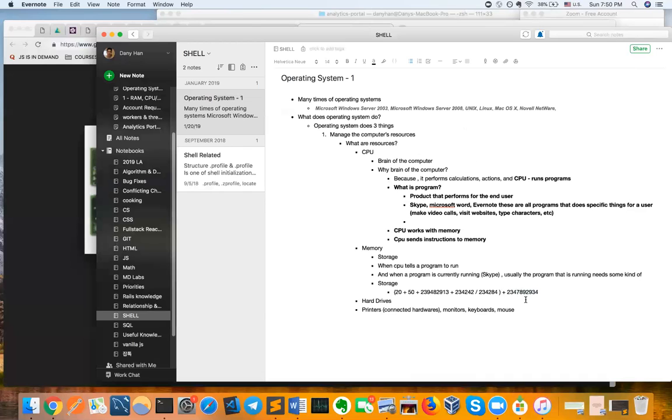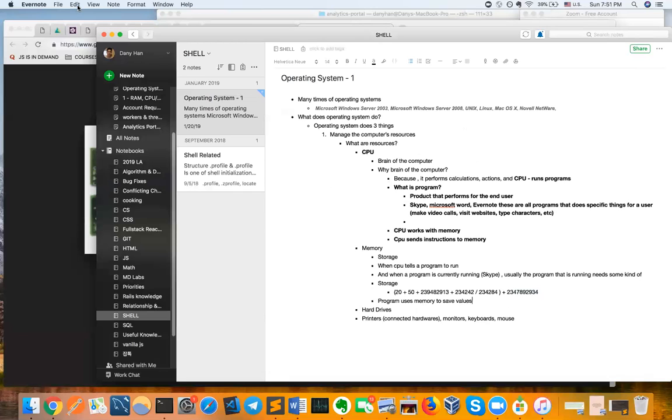And so when running a program, it definitely needs memory. And who controls all of these calculations when running the program, also running the code, saving it to the memory, fetching it from the memory? The CPU, right? So memory works with the program to run. Program uses memory to save values.